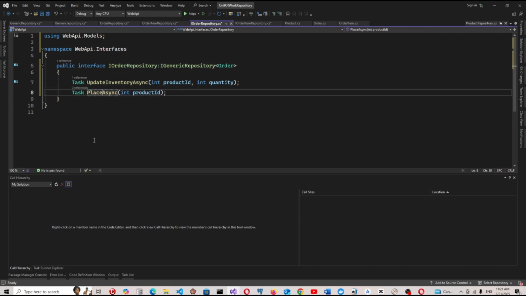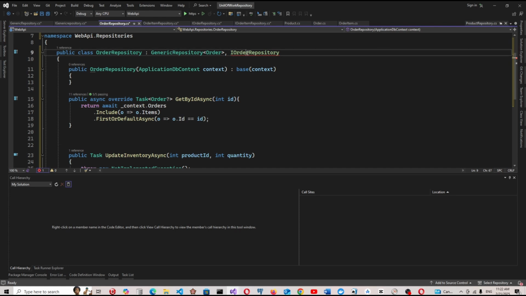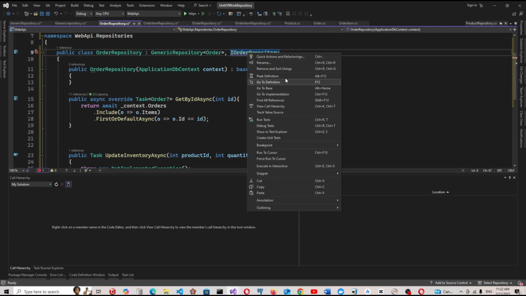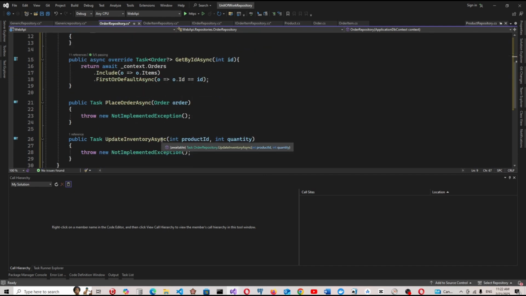Place order. I think we'll have order as a parameter, and we go to the order repository and implement this interface placeholder. So public async